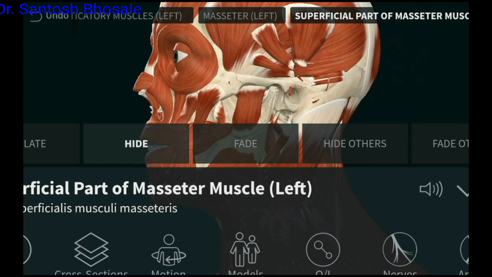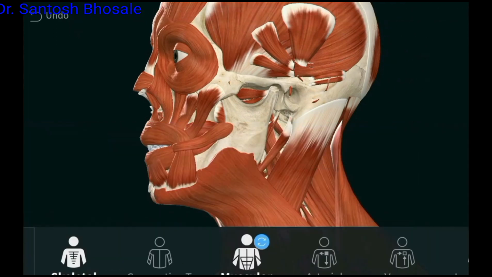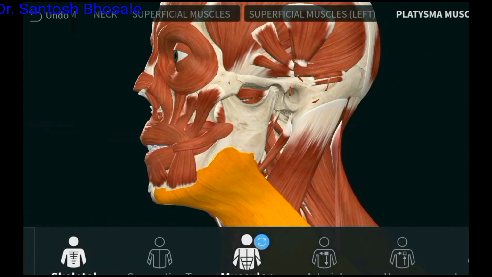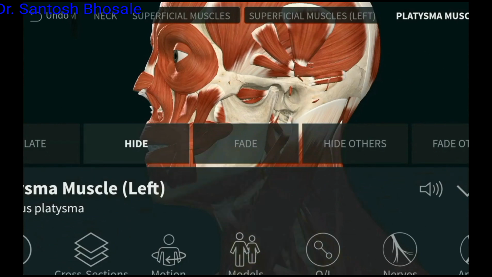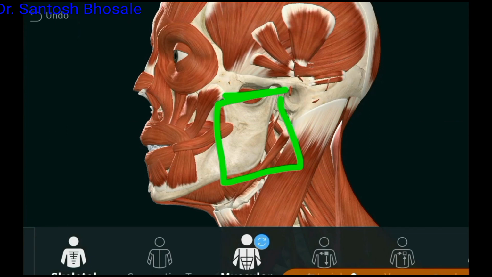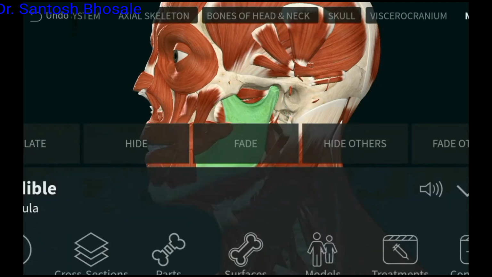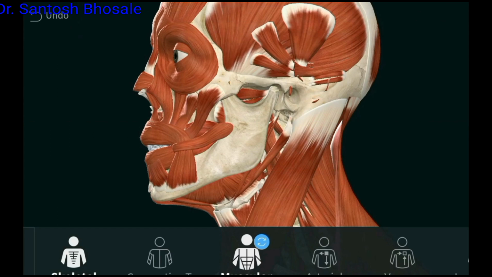Masseter is there coming from the zygomatic arch, inserting into the lateral surface of the ramus of the mandible, having superficial and deep fibers, and we are exposing the platysma attached to the mandible, and then we will take out the mandible to expose the infratemporal fossa. The infratemporal fossa will be here, an irregular shaped cavity like a box. Imagine like a box, 6 surfaces.